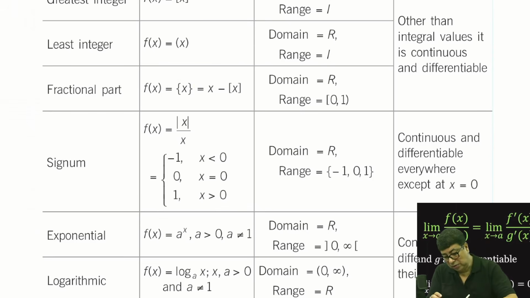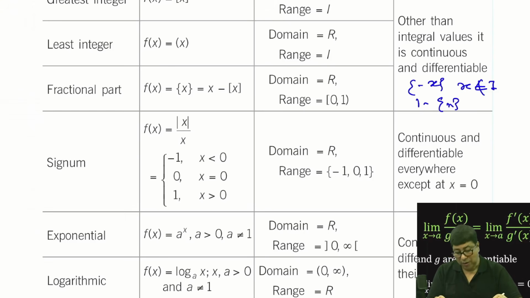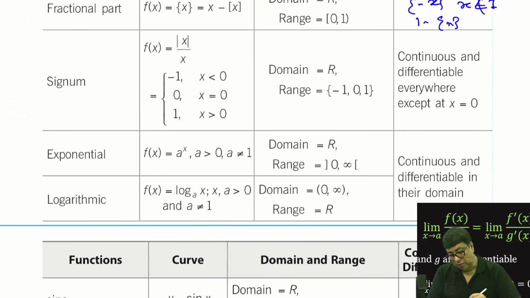So for this, I just want to tell you one thing: fractional of minus x, when x does not belong to I, is coming 1 minus fractional of x. Okay, everybody, these are very, very important. Very important, this formula. And the signum function, obviously you know, what it is telling, that f(x) equal to